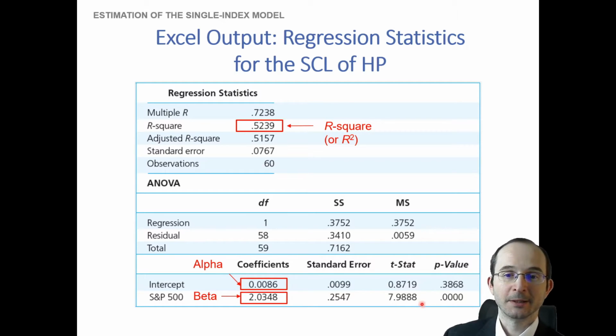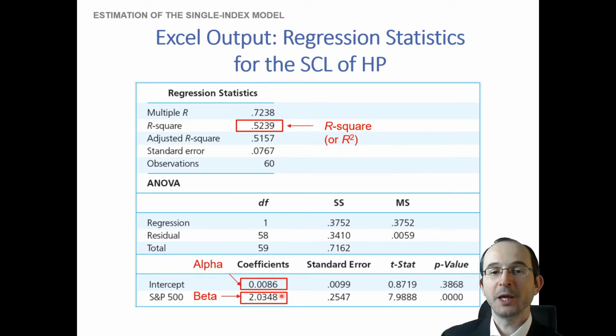But Excel will actually compute the p-values for us, in other words, 1 minus the certainty threshold that we might seek. So there's no real need for us to consult a t-stat table. We can see that we can be more than 99.99% certain that our estimate of beta is statistically significantly different from 0. So it is not 0, it's likely to be the number that we've actually estimated here, because the p-value is below